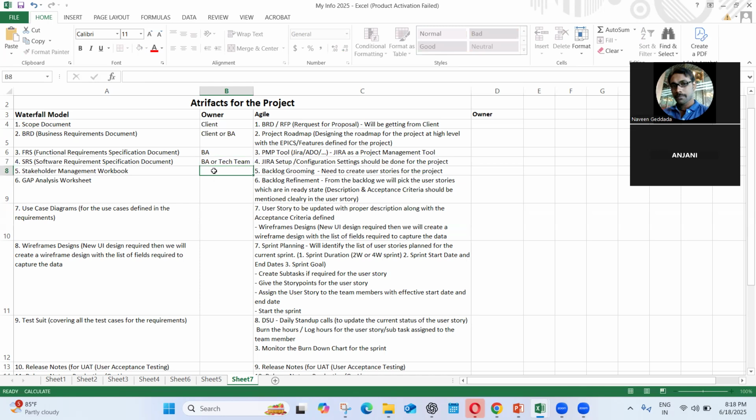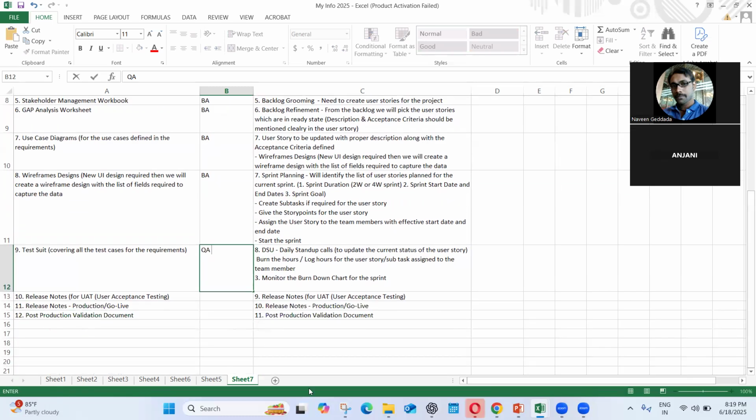And the stakeholder management document should be prepared by the BA. The gap analysis work also should be prepared by the BA. And when we have the use case diagram, this also needs to be updated by the BA. And wireframe designs are also to be updated by the BA. So now, coming to the test suite, we'll be getting that from the BA,